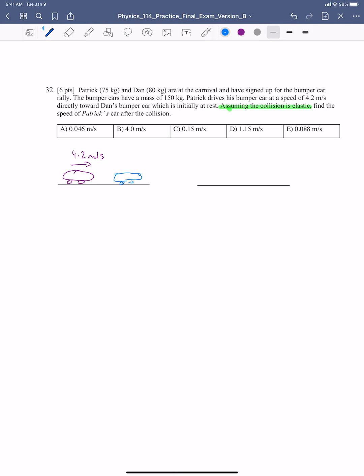Dan, so this is Dan, and his initial speed is 0. Patrick is slightly lighter than Dan, so the overall mass of this one is 225 kilograms, where the total mass of this one is 230. So it's almost